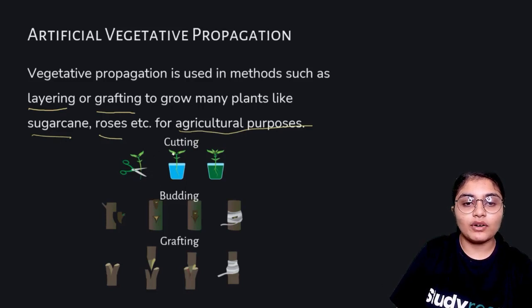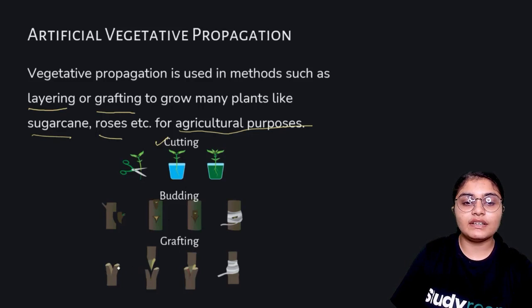These are the processes, these are the methods. The first is cutting. You cut the branch of a plant, okay, and then you place it in the soil or in a tub, and then this plant grows, okay, the root grows here. Second one is budding. You can see here how a part of the plant is taken, and then it is placed, and then this part of the plant again grows. Okay. Next is